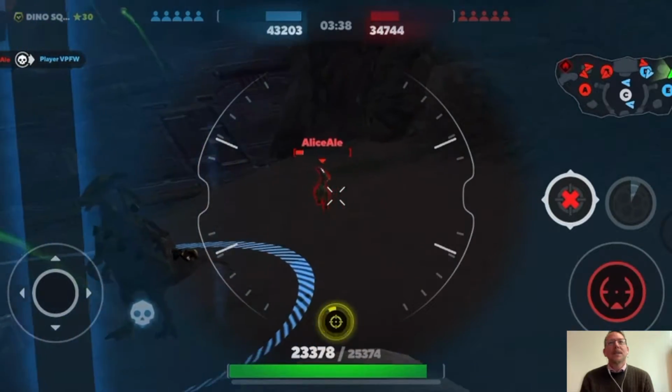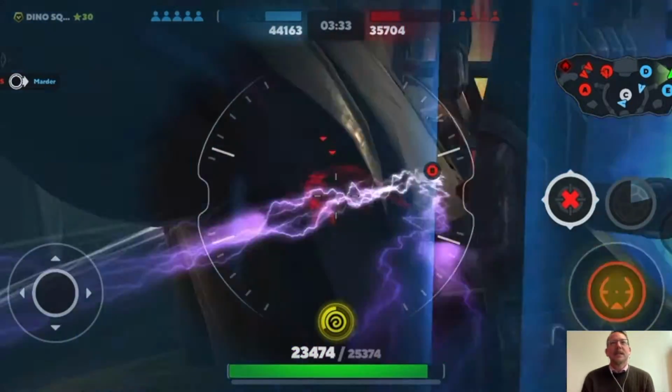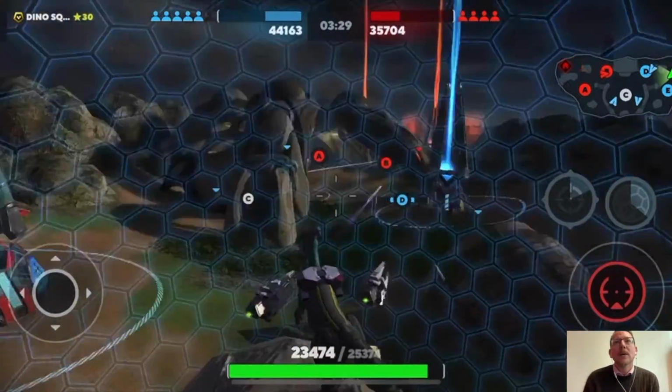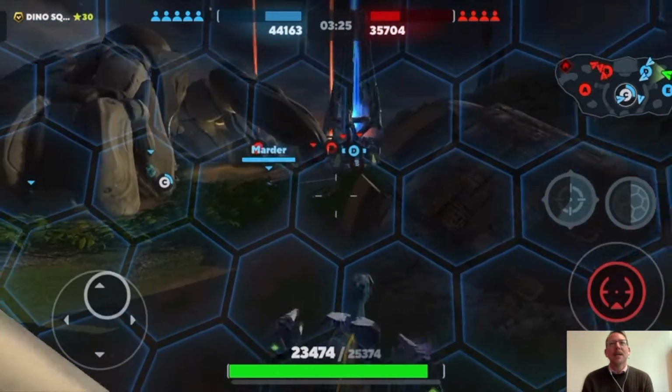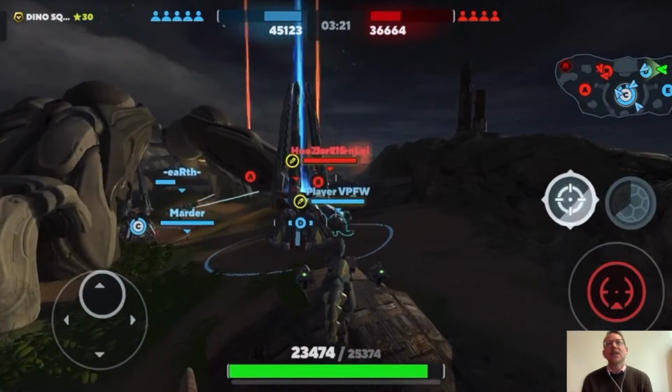Okay, there you go. Let's see if we can get this little tiny Velociraptor. Got him, triple kill. Who else can we take down? Dino. Well, geez, there's 4 of them left, but they're just kind of all on the other side of the map. So I'm going to leave my little perch there and maybe see if I can find another line